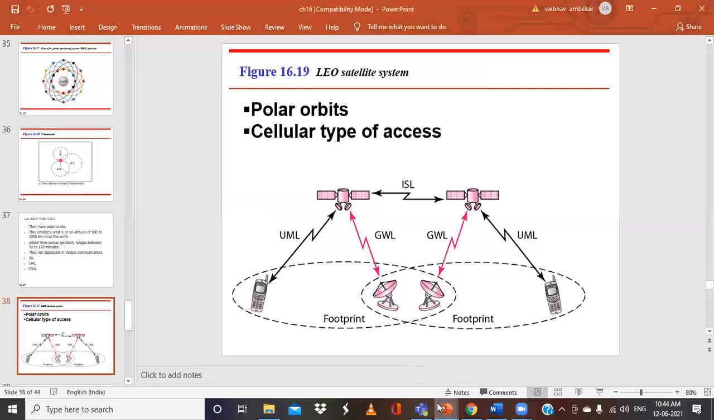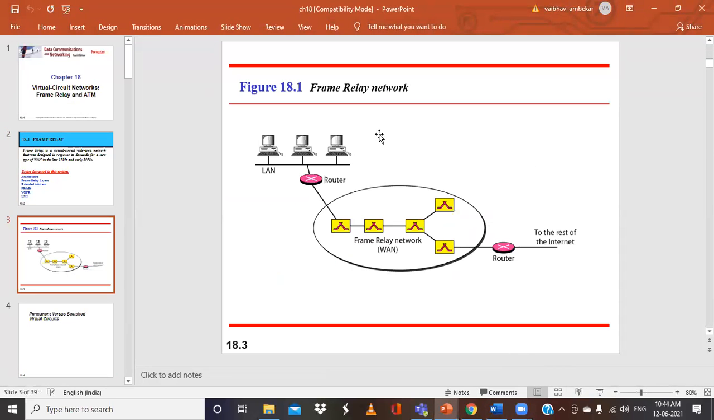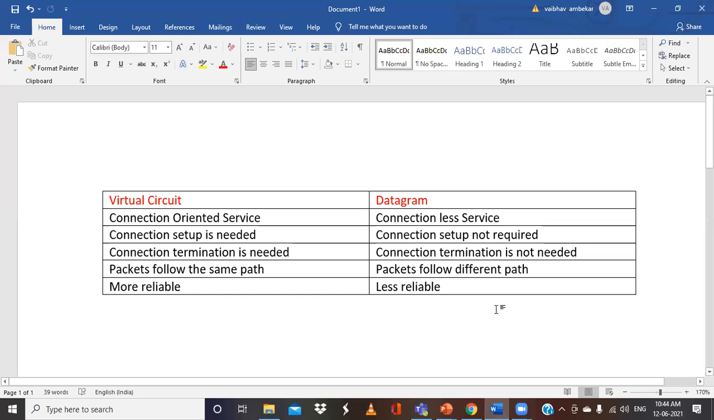So when the packets are traveling, they can use two approaches, the virtual circuit or the datagram. In detail we'll be discussing in the next class. Are we clear with this? So in the next class